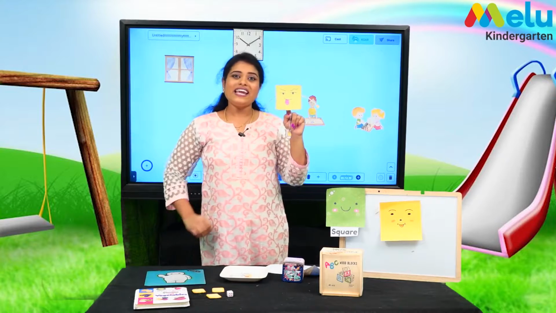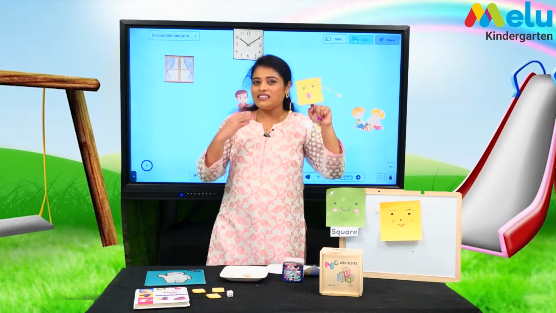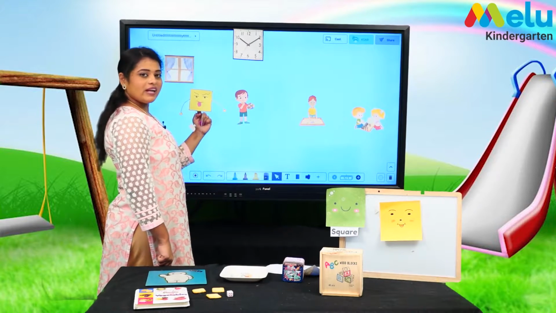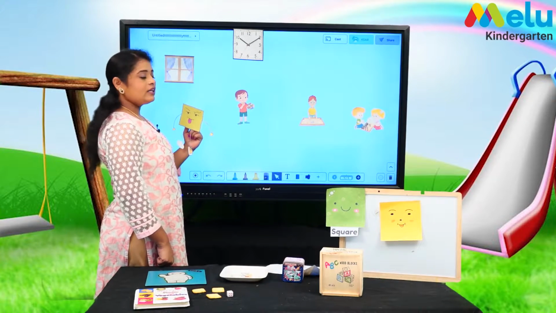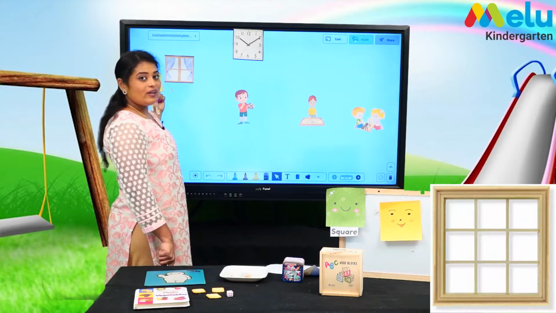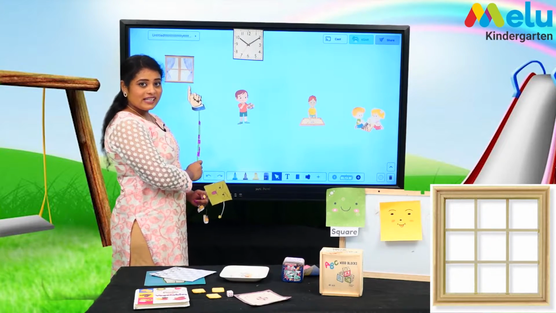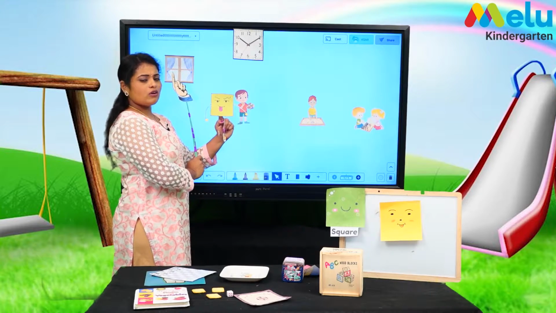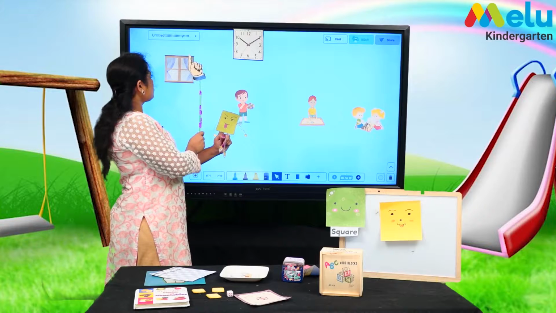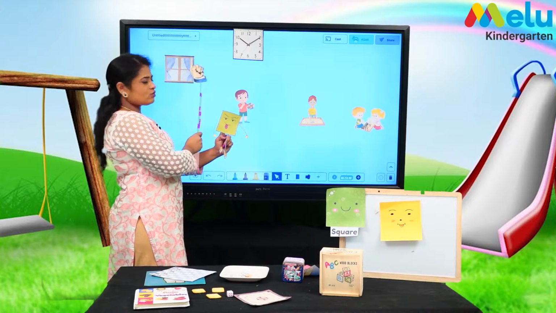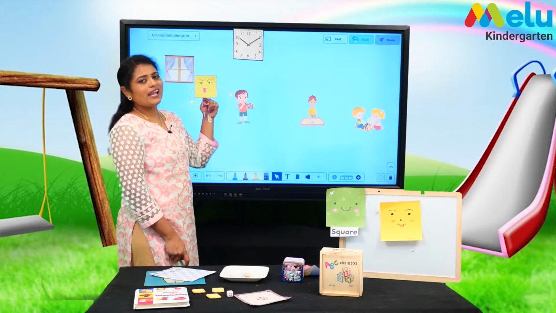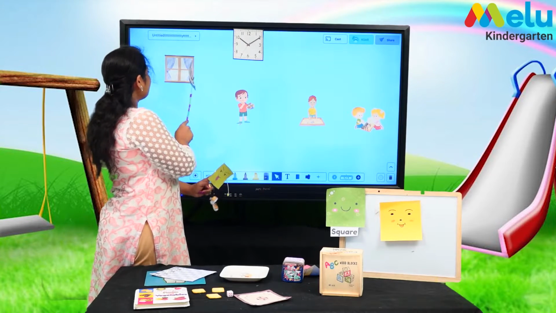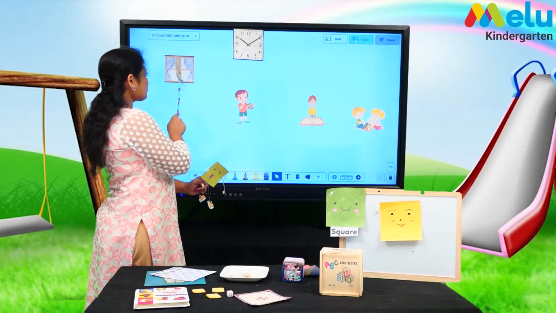What did he see in his friend's home, right? So, let's go. Yay! So, Mr. Square went to his friend's home and there he saw a window. Yes, children, what is this? Window, right? And looking at the window, Mr. Square thought the window is also in the shape of a square and it was just like him. Yes, children? So, what is the shape of the window? It is in the shape of a square.